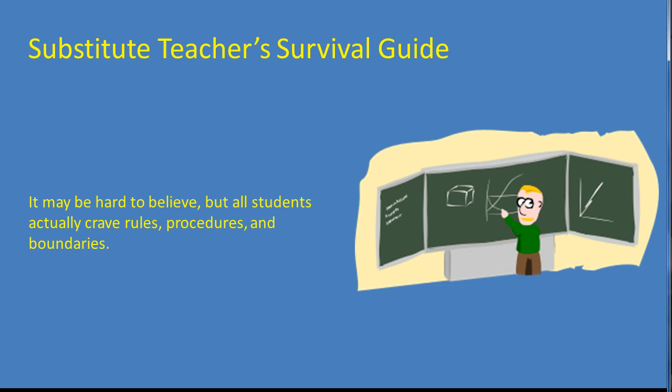Inconsistent enforcement of classroom rules or procedures creates anxiety in all of the students. The ones that have behavior issues to begin with will then be more likely to act out because of this added stress. The kids who are normally well behaved will feel the stress too. They will be unsure of how you will react to anything they do, so they will do nothing at all. They will not participate in class, and they will not offer to help you when you are unfamiliar with a classroom procedure.